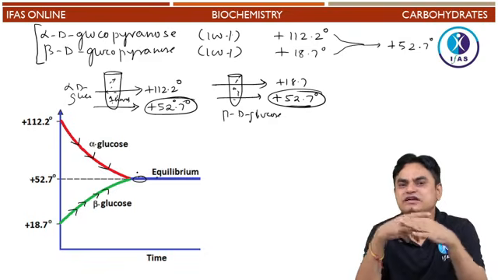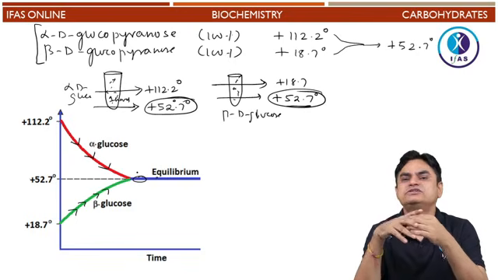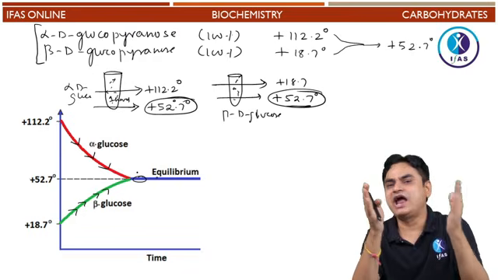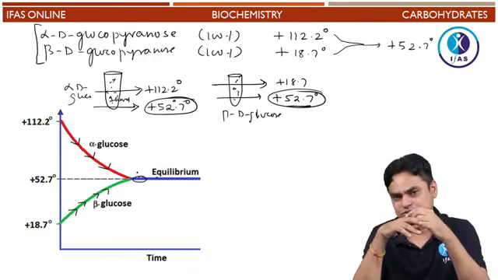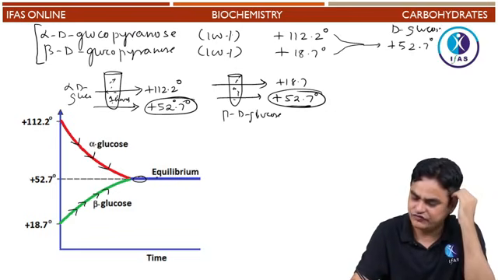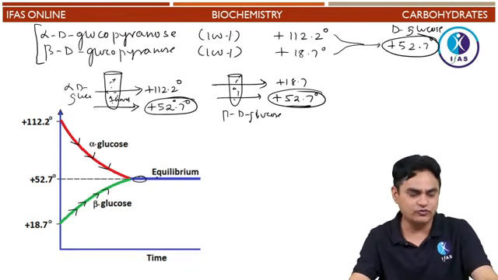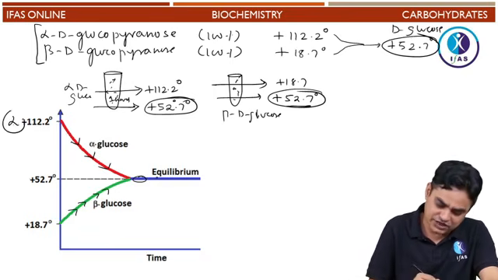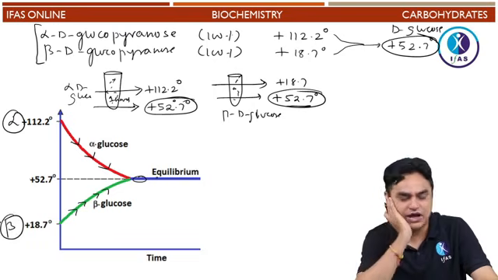Okay, so that's why we say that glucose has an optical rotation of plus 52 degrees, assuming that around 63% would be the beta-D-glucose and around 33% or 34% would be the alpha-D-glucose. So for D-glucose we say that it is 52.7, assuming that some would be in the alpha-D-glucose form and some in the beta-D-glucose form. So alpha-D-glucose is converted to beta-D-glucose, and beta-D-glucose could be converted to alpha-D-glucose. This is referred to as mutarotation.